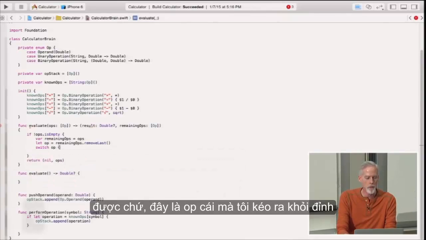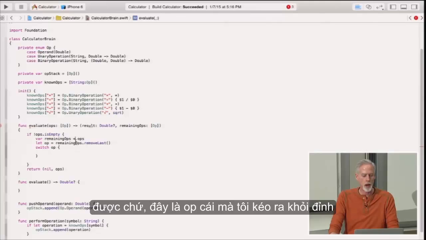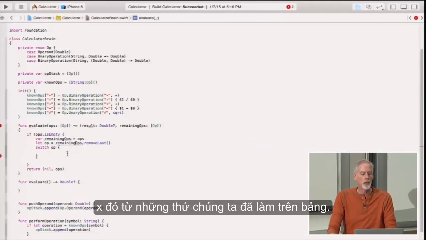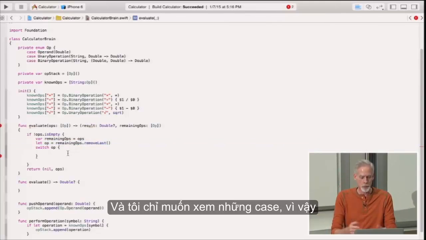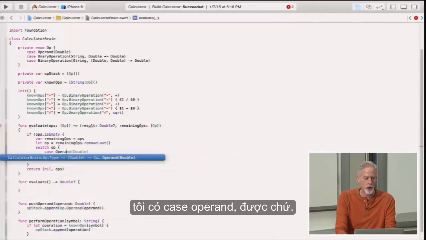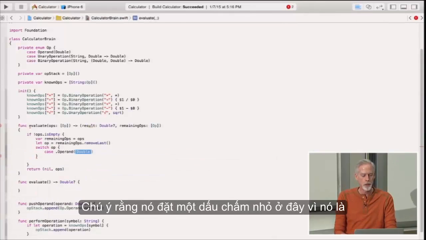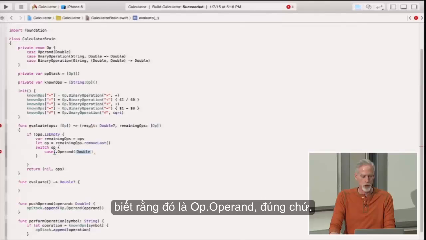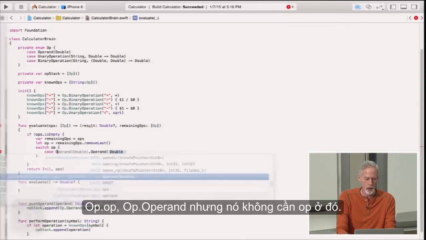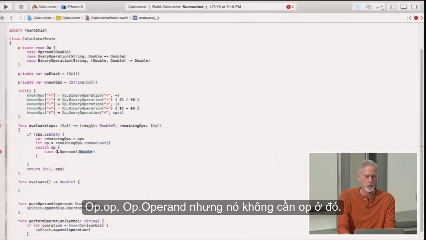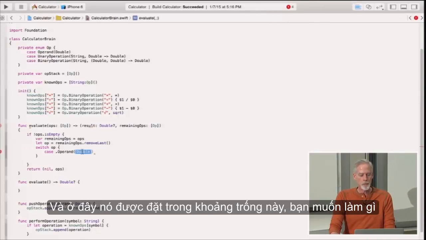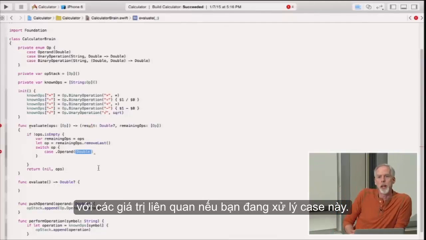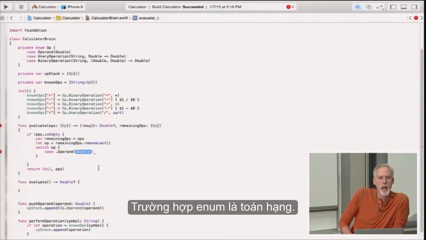So I'm just going to switch on the op. Okay, this is the op that I pulled off the top, that x from the thing we did on the board. And I'm just going to look at all the cases. So I have a case operand. Okay, notice that it puts a little dot here because it's really op.operand, and it's using type inference to know that it's op.operand, right? It's op.operand, but it doesn't need the op there. And here it's asking, in this space, what do you want to do with the associated value if you're handling this case where the